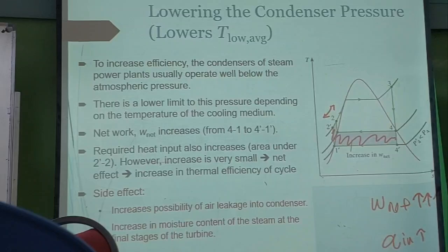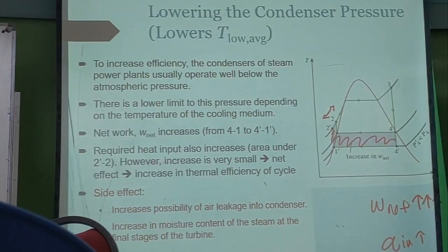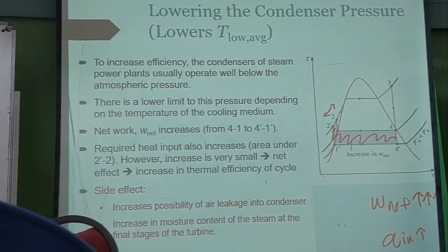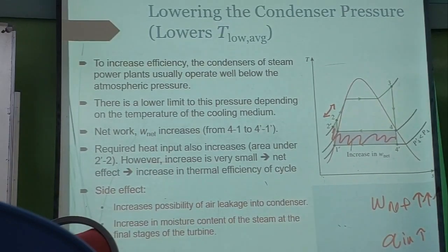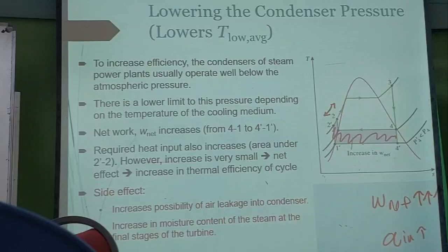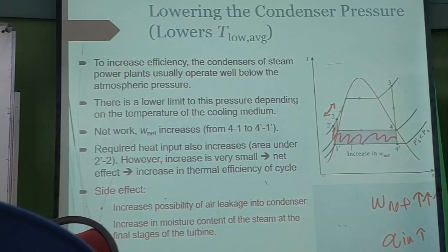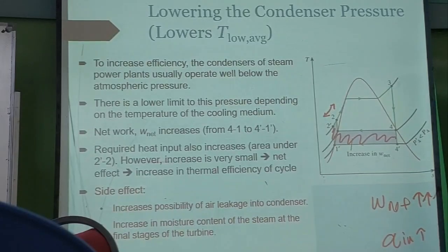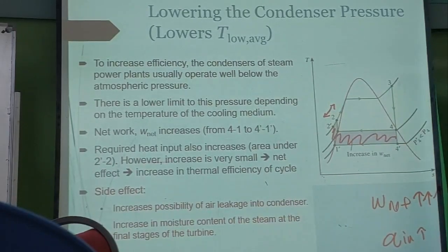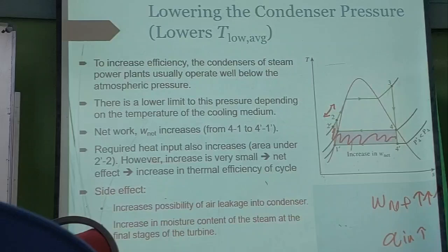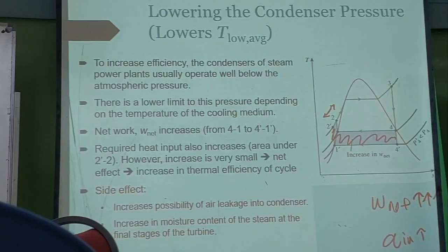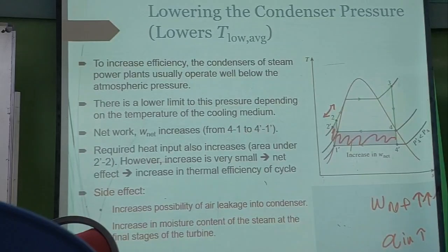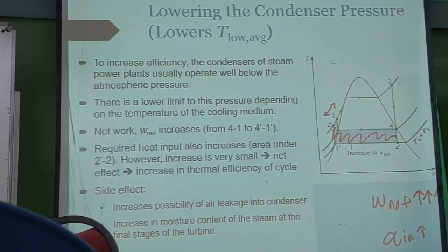The limitations of this method are two. One, there is a lower limit to this pressure depending on the temperature of the cooling media. The side effect from this is like what you see at the bottom. There will be an increased possibility of air leakage into the condenser, because if you are lowering the pressure inside the condenser, relatively speaking, outside pressure is higher. So it is more likely for air to go into the condenser itself. So then the other problem